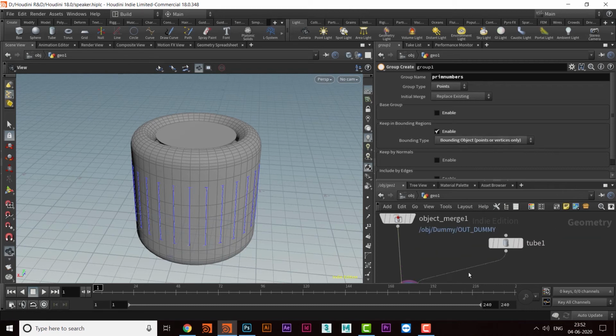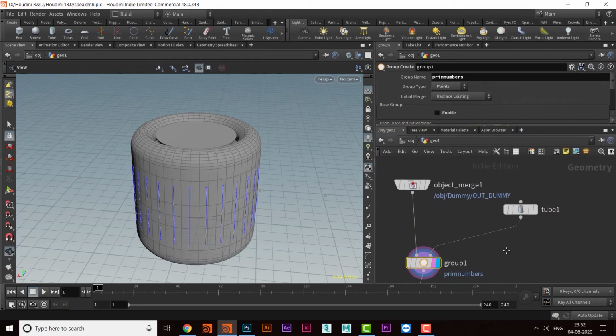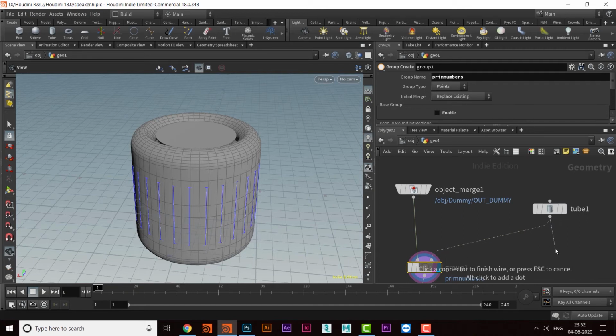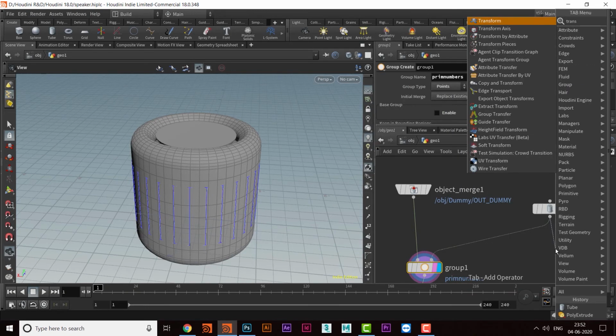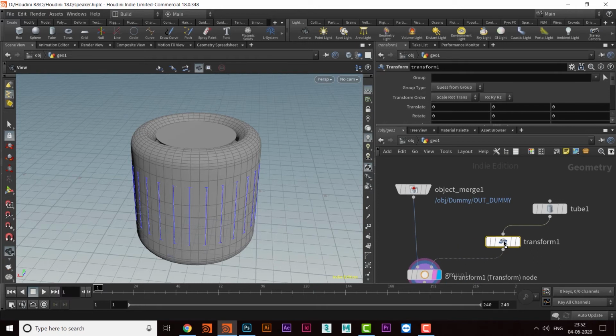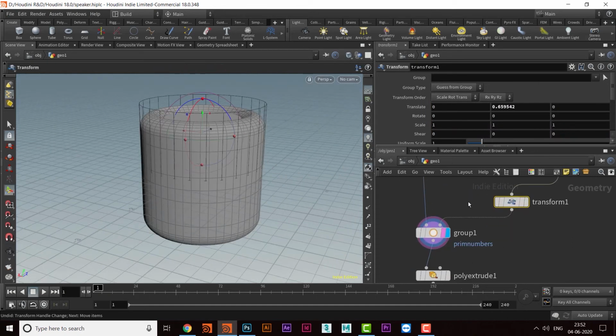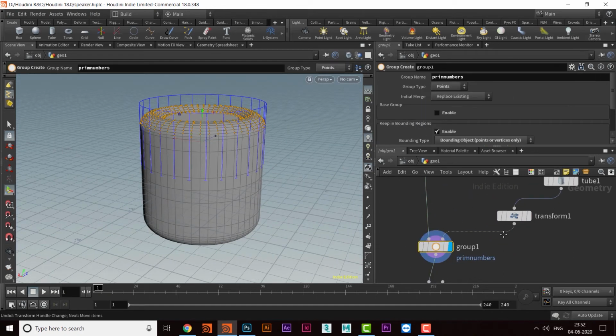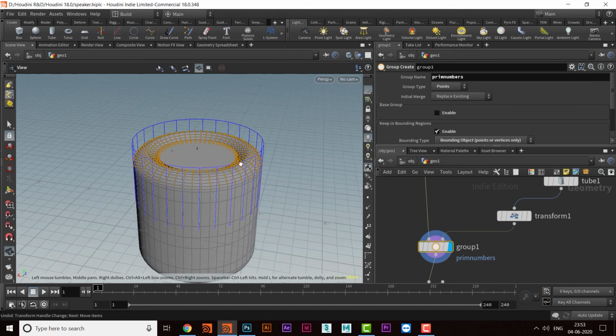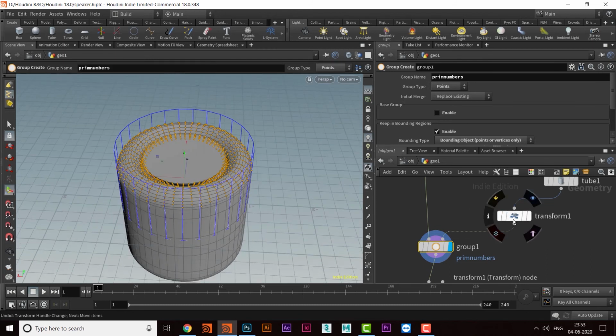And then if I want to move that object, I will take transform, and then we can change the value of that. So I'll come here, and then move it up. Okay, so points will be selected, and then you can see that.